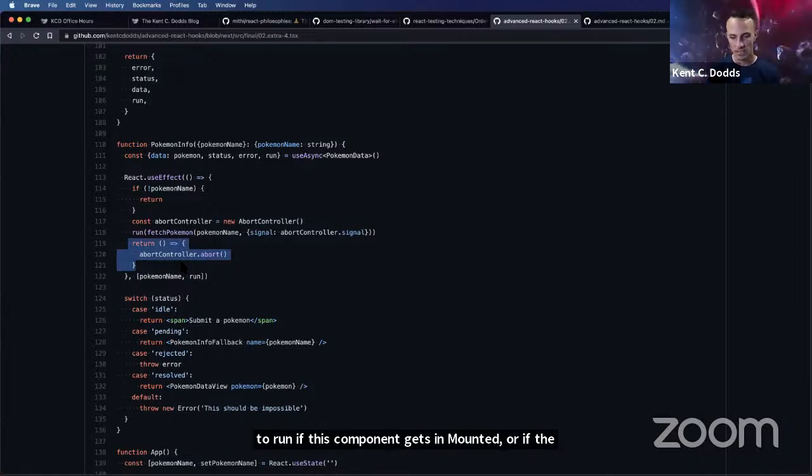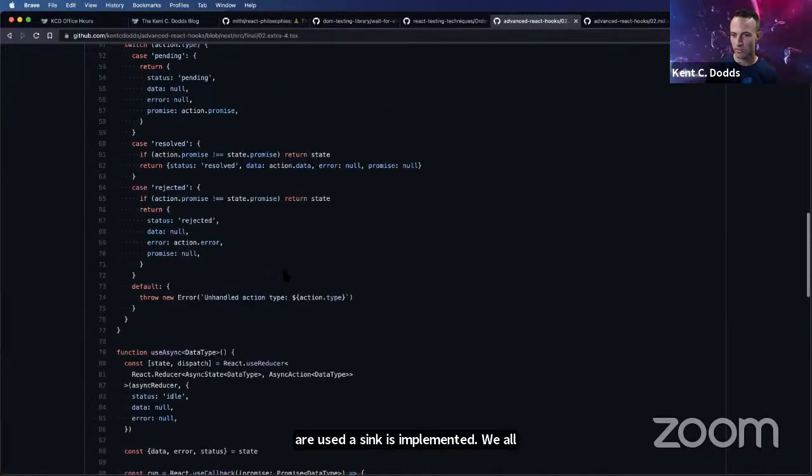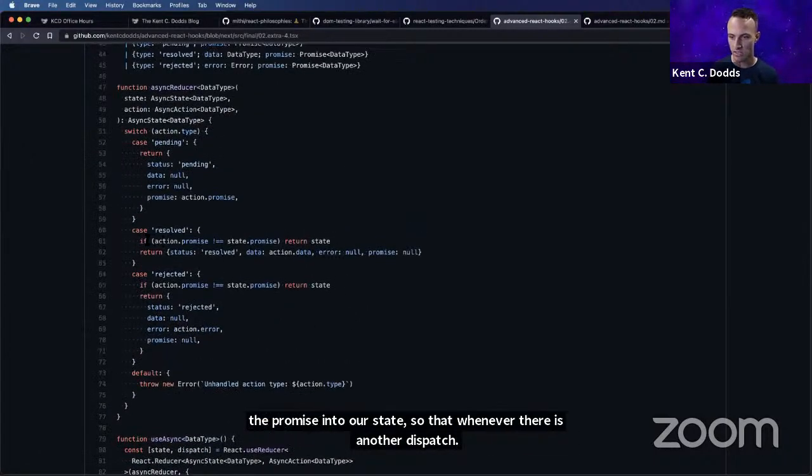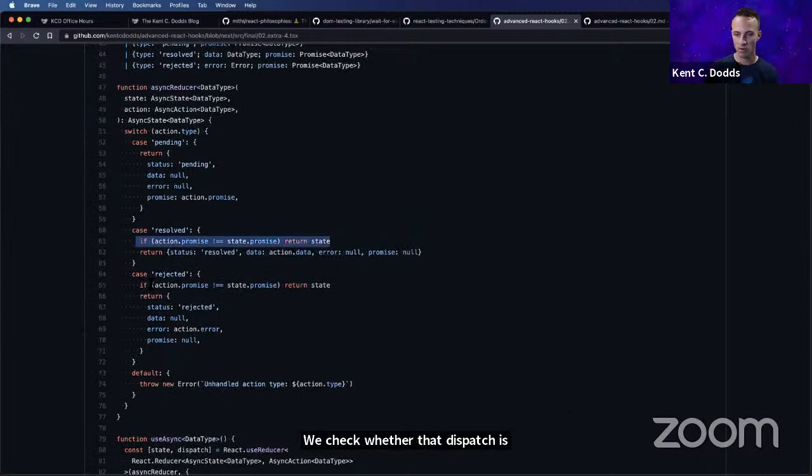And so now I have the ability to abort, and we totally eliminate the problem of race conditions, because as soon as you change the Pokemon, we abort that promise. And because of the way our useAsync is implemented, we also stick the promise into our state, so that whenever there is another dispatch, we check whether that dispatch is coming from the same promise that's in the state.